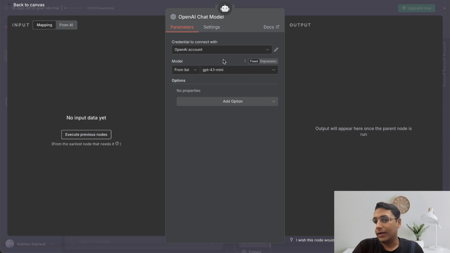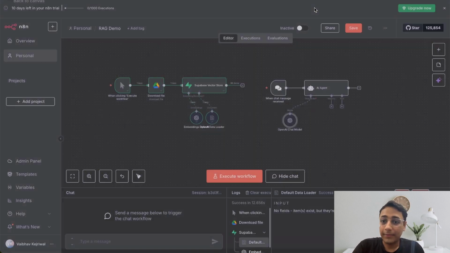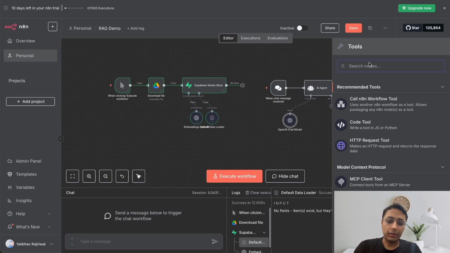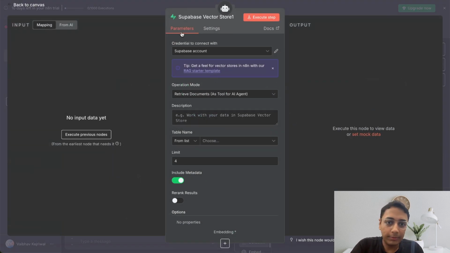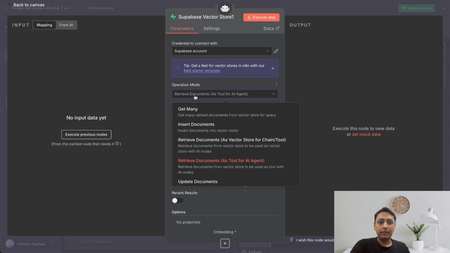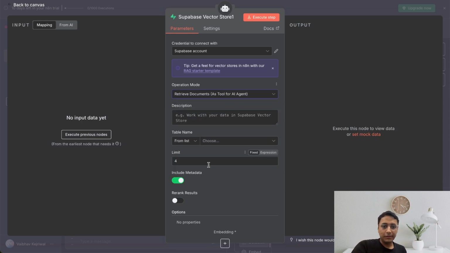But yes, you can refine it if you want to change anything. Then we are going to give it the vector store so that it can call it back. So we are going to again go into Supabase vector store, and as you can see, it has already said retrieve documents as tools for an AI agent, right? In the description, I'm going to say call this tool to retrieve